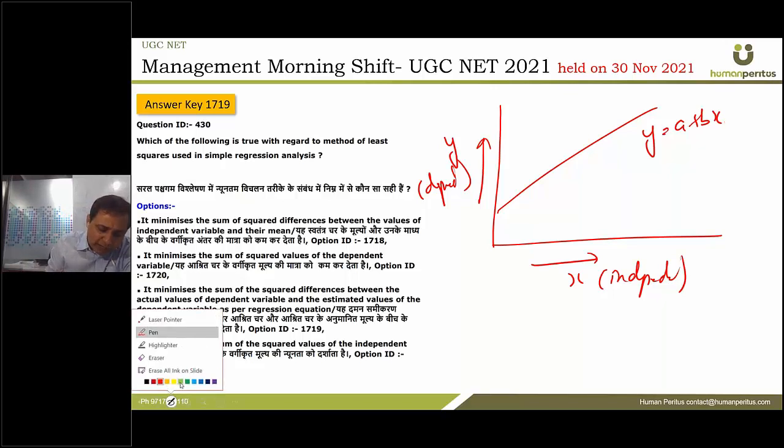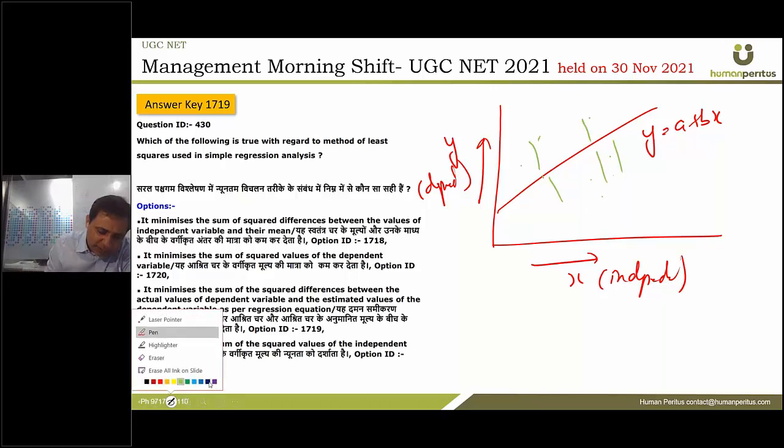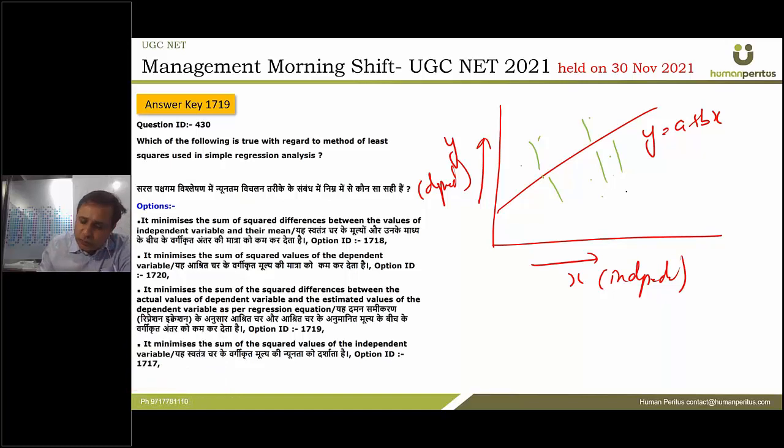So what we try to do? So from this line, we try to minimize the difference. तो वो difference हम लोग कैसे minimize करते हैं? By calculating the difference of each of values, y minus y bar. फिर इसका हम लोग square करते हैं, इसको summation करते हैं, and we try to minimize this component. So again, now y is dependent, x is independent, and बाकी options you can read out.